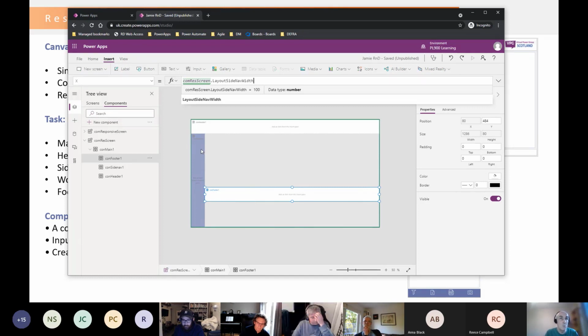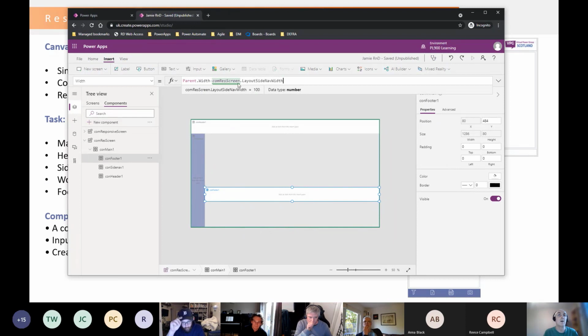Whatever goes into the input property of the component, this footer will adjust. So if that's popped out where it's 200, this footer will shrink down, because we've set the width to be the parent, take away the layout side nav width. Okay,